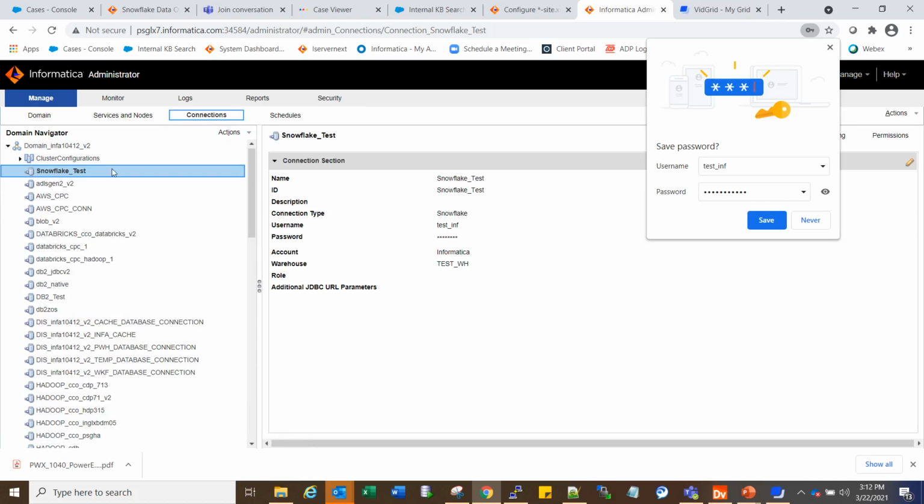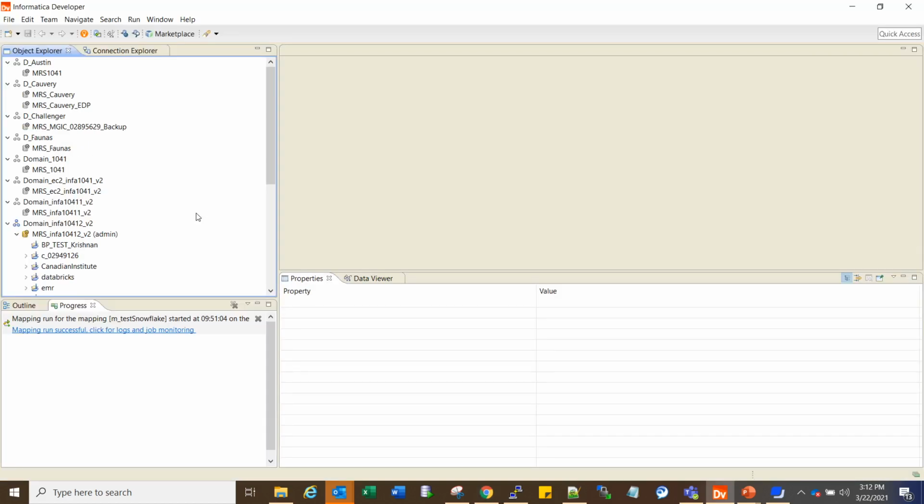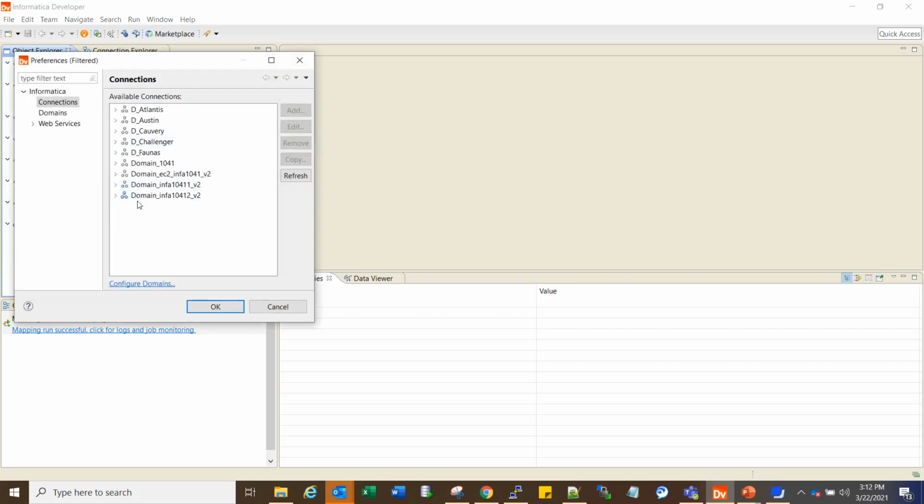Now we'll jump into developer client and we can also create the connection from developer client itself. But since I've already created the connection, it should be reflected in the developer client tool. So I've already launched my developer client and I'm already connected to the MRS. Let's try to see if the new connection is reflected under it. I'm going to click on the show connections icon and I'm going to select my domain.